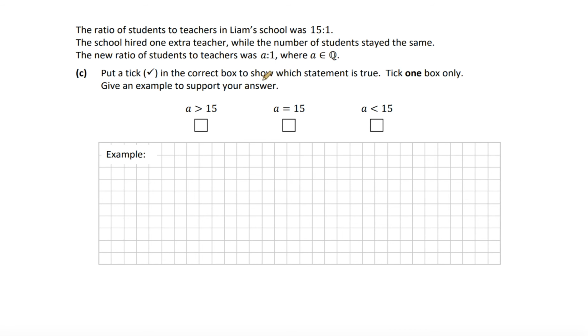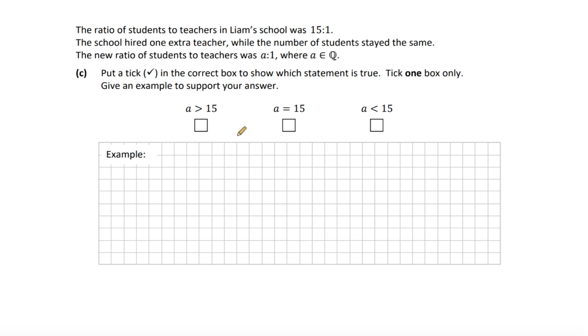Okay, so, well, what does that mean? The ratio of students to teachers in Liam School was 15:1. That means for every one teacher, there's 15 students. Now, they're hiring an extra teacher, okay? And the question says, put a tick in the correct box to show which statement is true. Tick one box only, so only one of these 3 statements here is true,